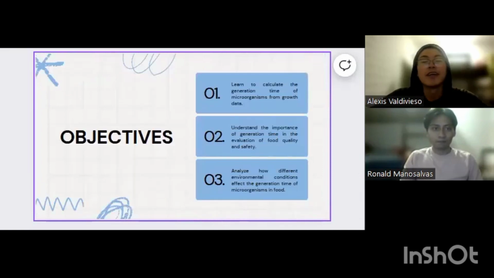Objectives. For this practice, the objectives were to learn to calculate the generation time of microorganisms from growth data, understand the importance of the generation time in the evaluation of food quality and safety, analyze how different environmental conditions affect the generation time of microorganisms in foods, and the specific objectives